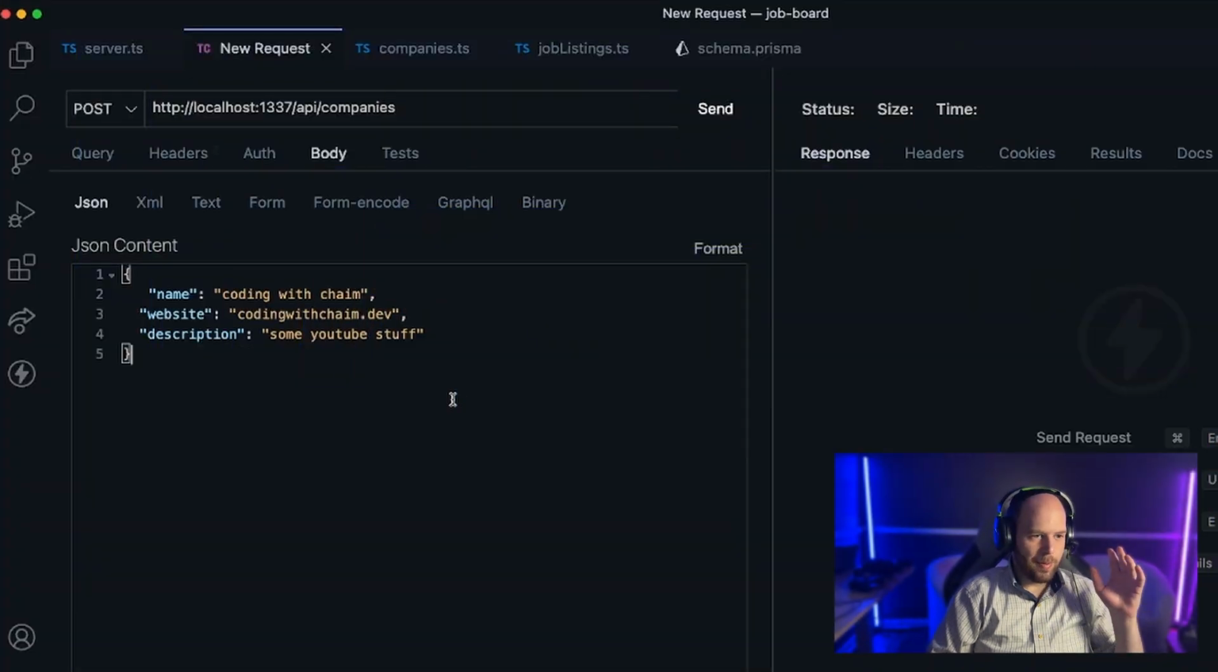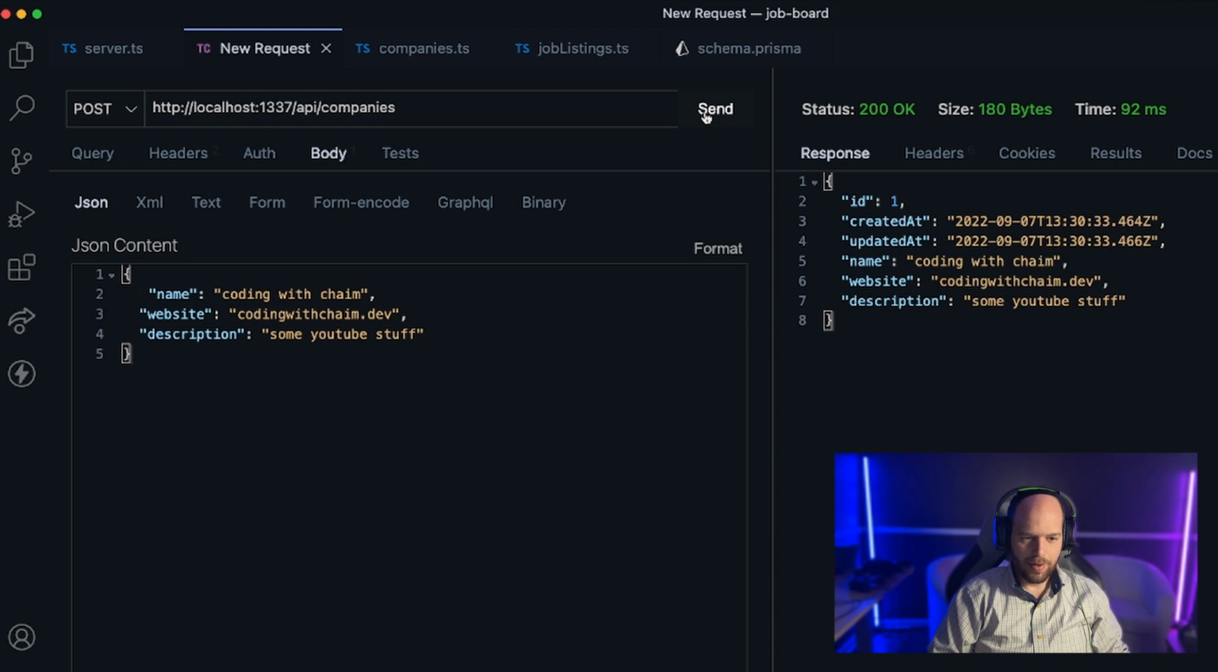Okay, now you can see that I'm inside of my Thunder Client, and I'm making a POST request to localhost 1337/API/companies. In the body, I'm going to be sending in an object that has a name, a website, and a description. So let's go ahead and run this and see whether or not we do in fact create our company. We hit send, and as you can see, we actually have a company object that was created for us, but